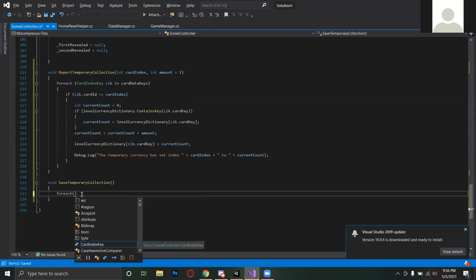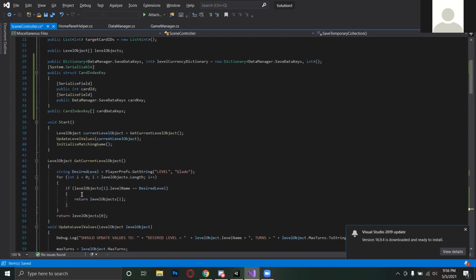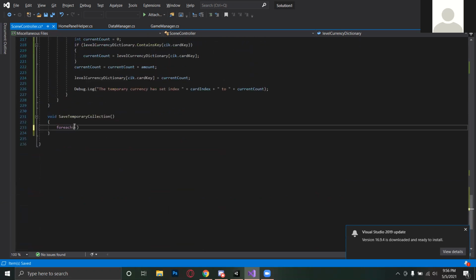I want to go through the dictionary and find every element. So where are we at? Here it is. For every one of my data manager.saved data keys, I'll just give the variable name S key in,